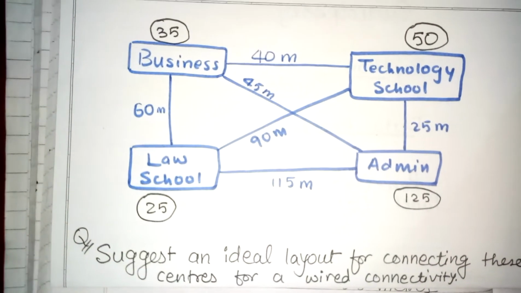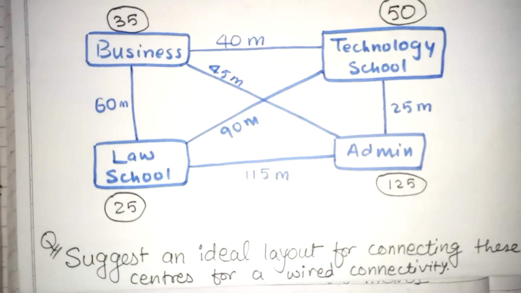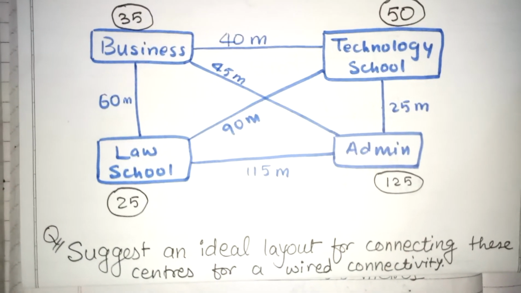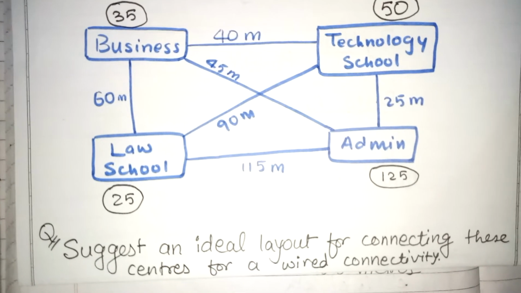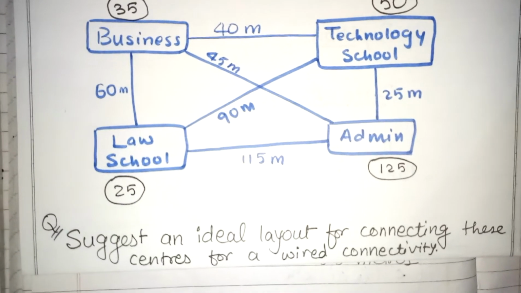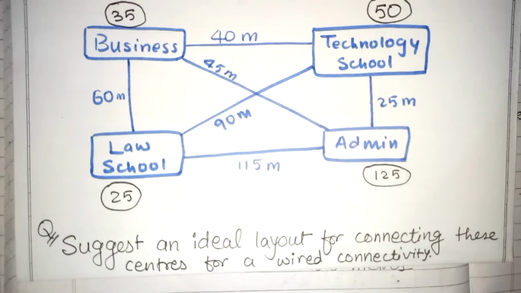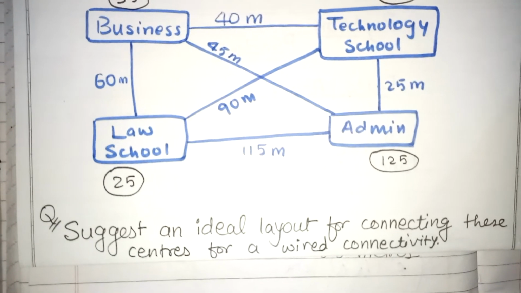So for good network design, we use the 80-20 rule. The 80-20 rule says that in a properly designed small to medium sized network environment, 80% of the traffic on a given network segment is local, and not more than 20% of the network traffic should need to move across the backbone.